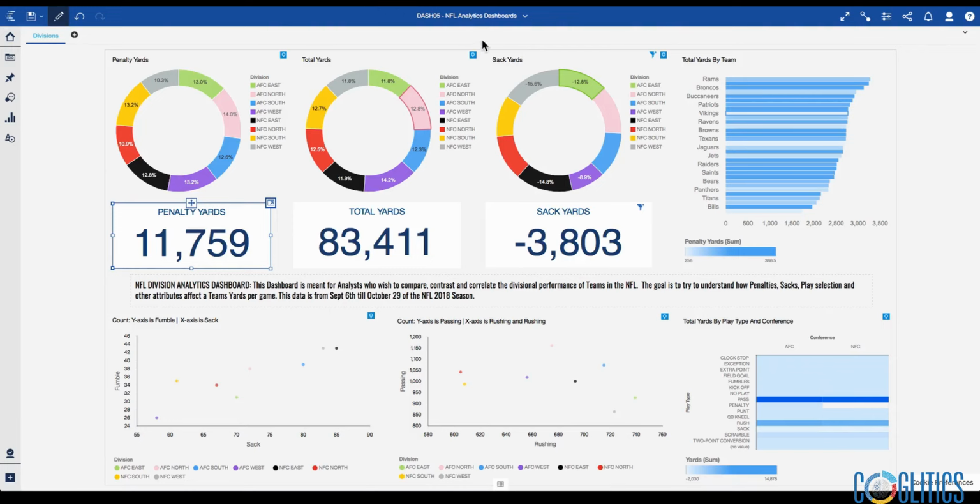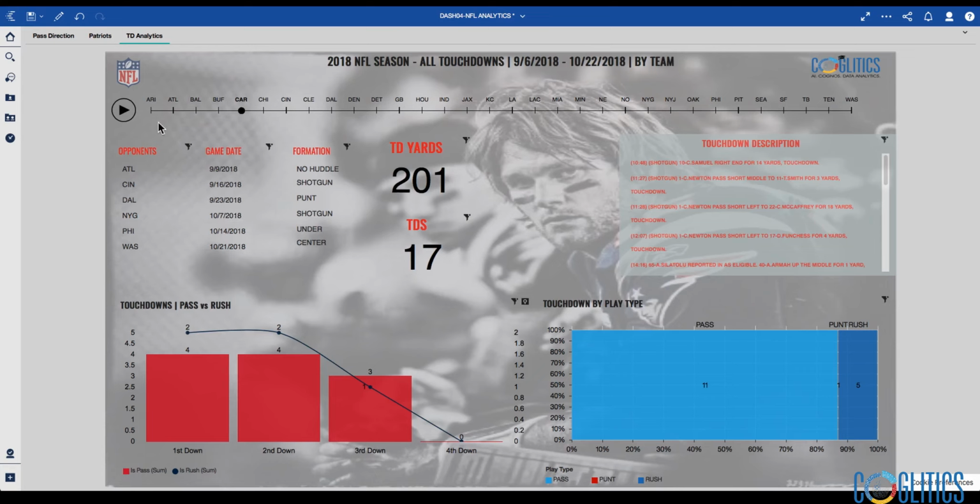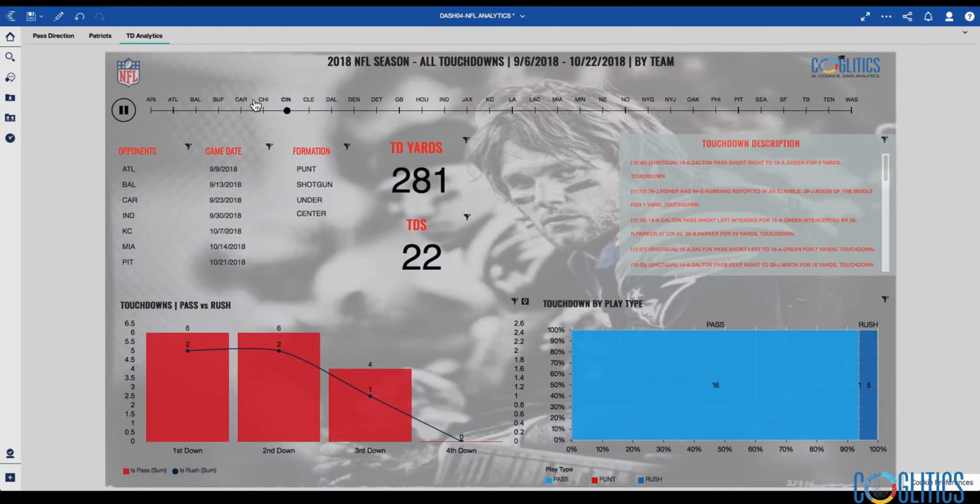So in this section, we are going to prepare the data. Now we are going to add some data points as well, because for us to be able to create this dashboard, we are going to need to add the conference and we are going to need to add the divisions. Remember, we just created the wonderful Tom Brady dashboard where we analyze the touchdown behavior of the different teams in